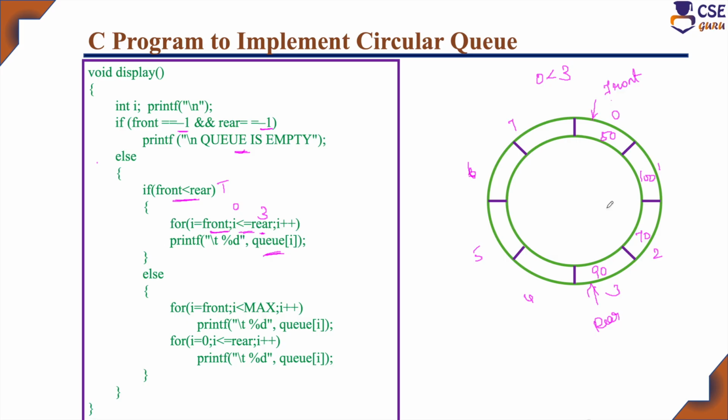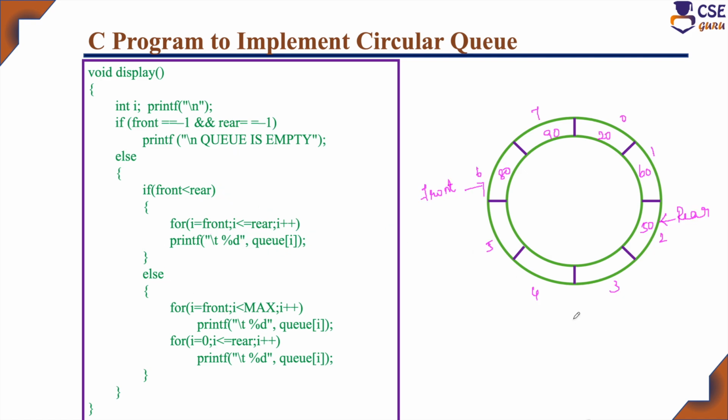So in the first iteration, it will display 50, in the second iteration, it will display 100, in the third iteration, it will display 70, and then it will display 90. Then the for loop condition will fail and it will exit. This is one case. Else part, how will we check it? Suppose this is the circular